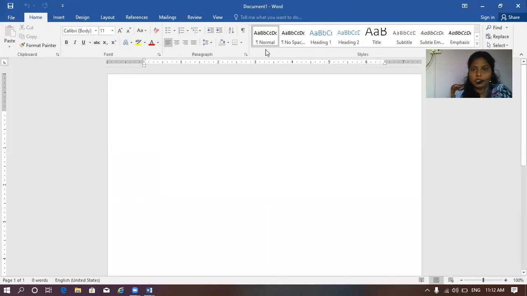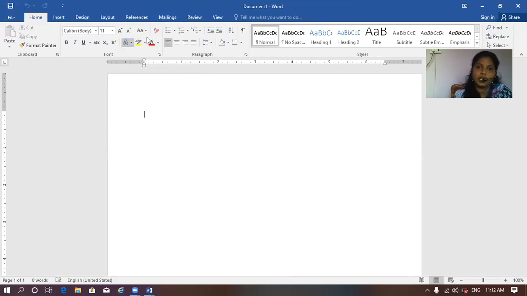These are some of the menus present on the top of the screen. The first thing is the title bar, where we give the title of our document, and the next one is the menu bar, where we can have so many menus. In that, different things are there to perform for betterment of our document. We'll discuss it later on.